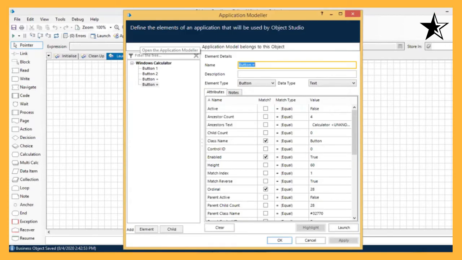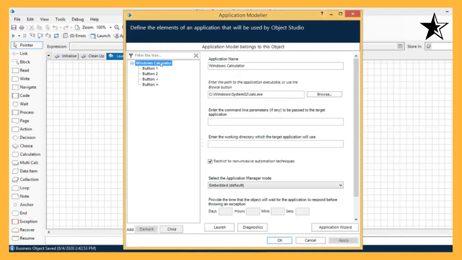Whenever you click on the new VBO, it will ask for creating the new application modeler, and the new application modeler will ask you which type of application it is, the path for the application, and some name of the application, right? So by default, the application modeler belongs to Windows Calculator. Okay, so Windows Calculator should be launched.